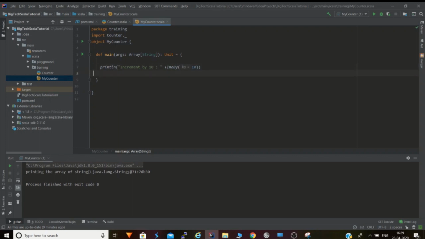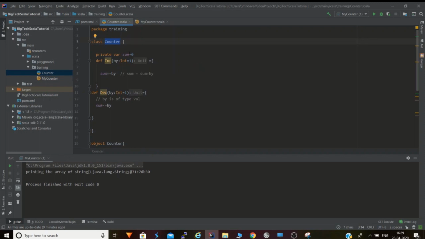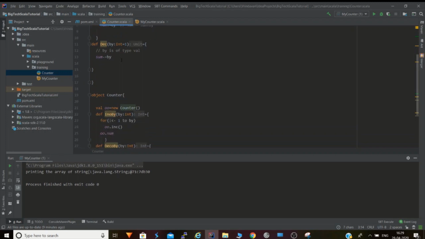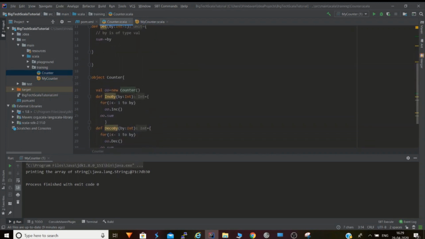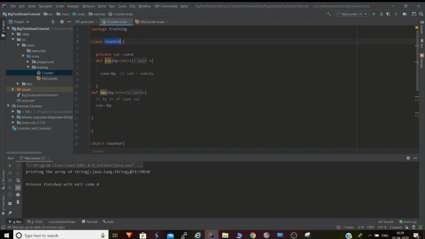So let's print it and see what output we should expect. By default the value of sum is 0, and it increments by 1, calling the increment method of this object. We are passing 10, so from 1 to 10 this will execute 10 times, and each loop it will call the increment method of this class.